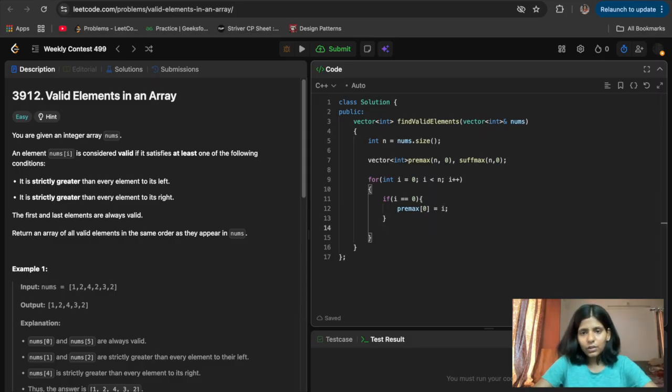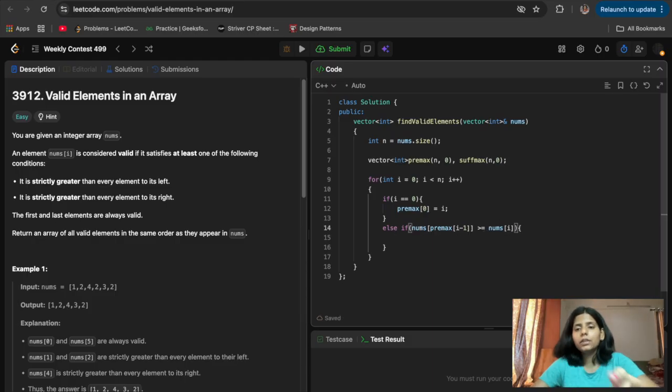And else, what I can say is, if my nums at the premax previous index, because till the previous index I have stored the max one, is greater than or equal to nums of the current index, then I will store that index only, because I have found that index before and I don't want to repeat that again.